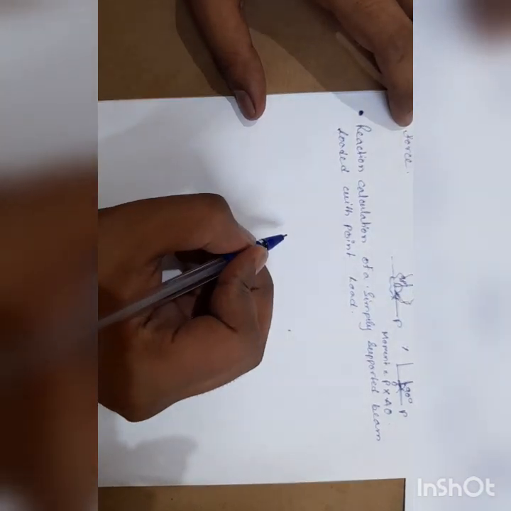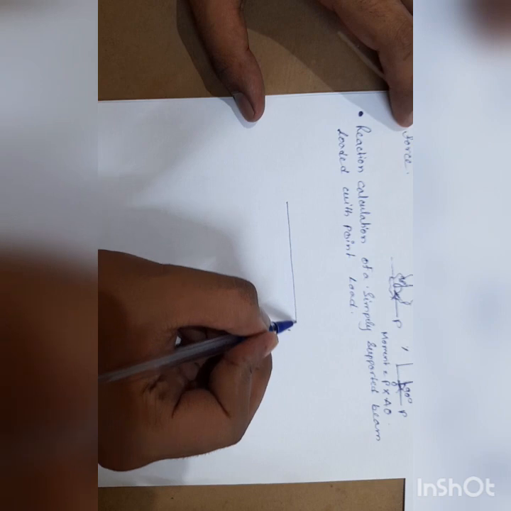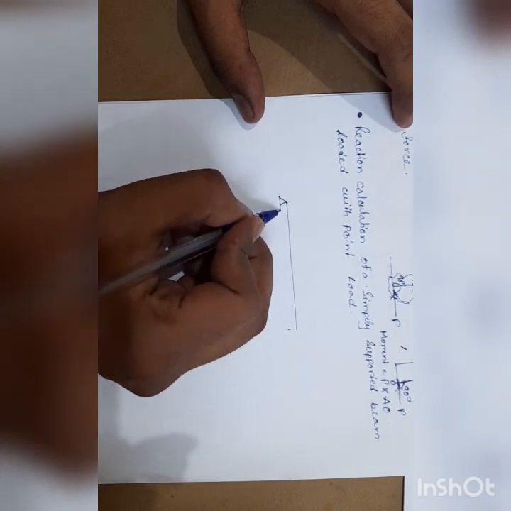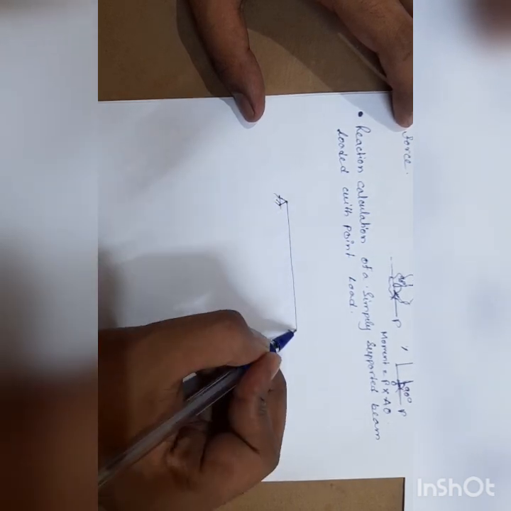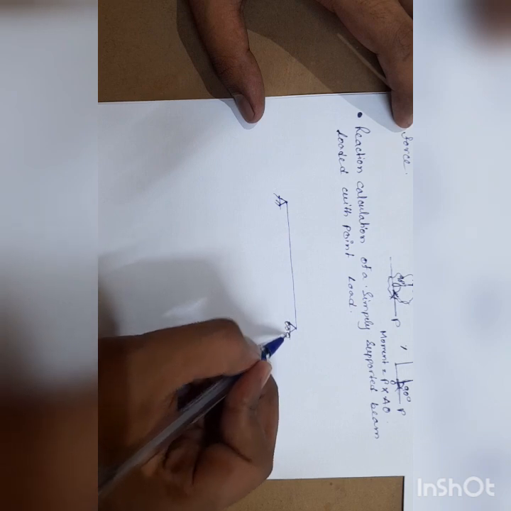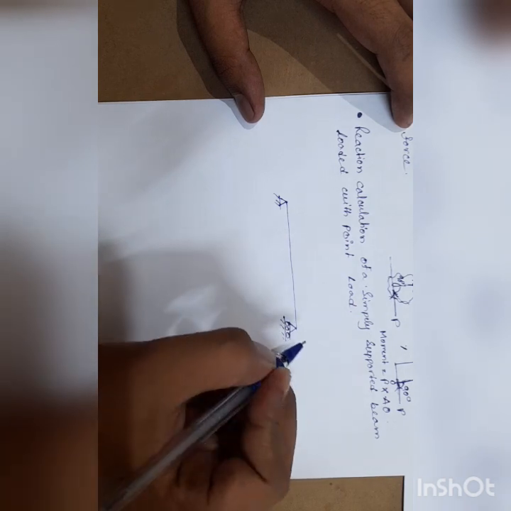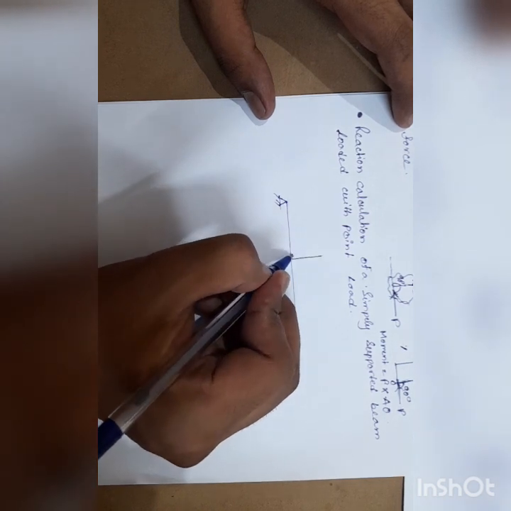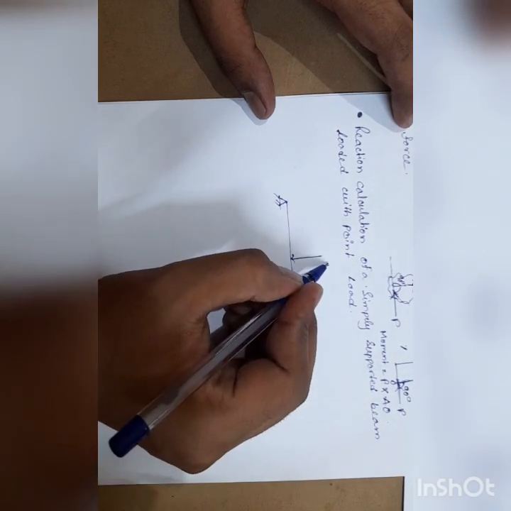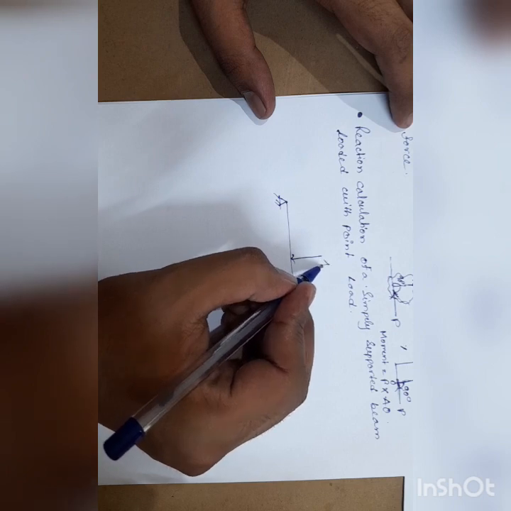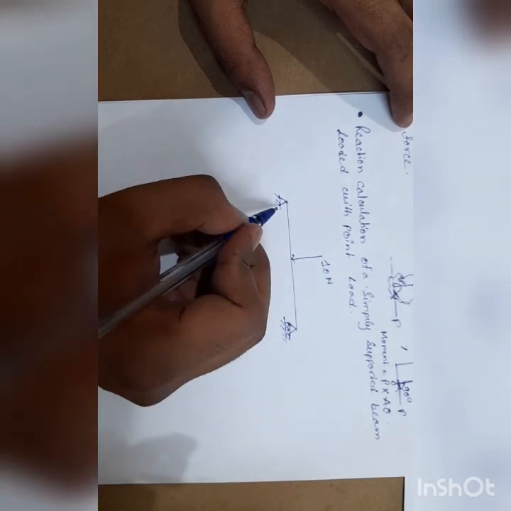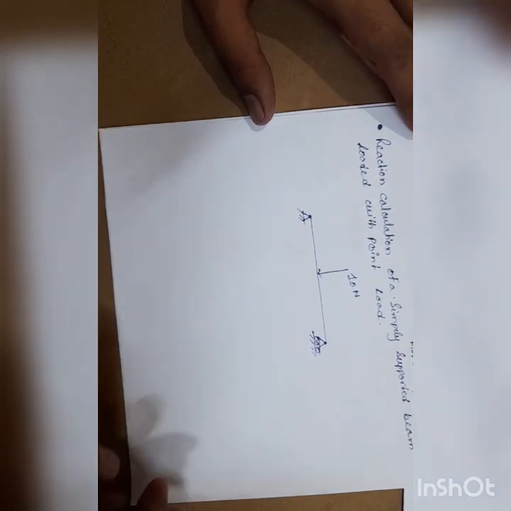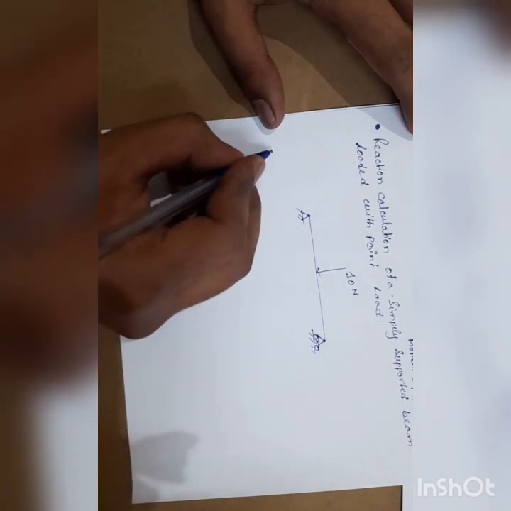Now we are taking any simply supported beam of any length, this is a roller support, and a load of 10 Newton is acting on it. So how do we calculate the reaction of the support? Now at first step,